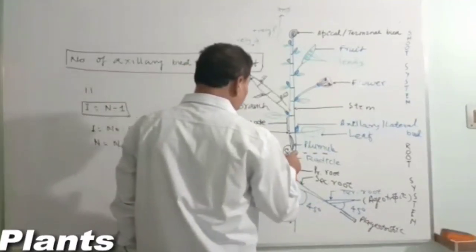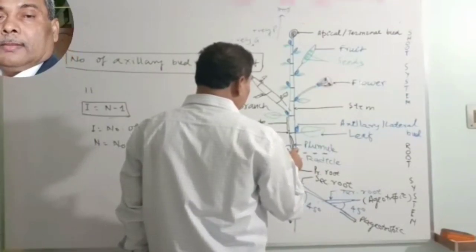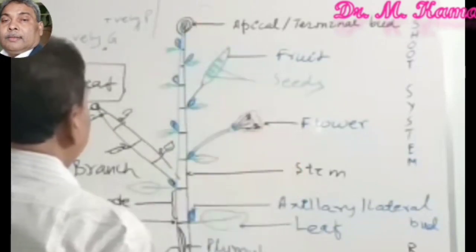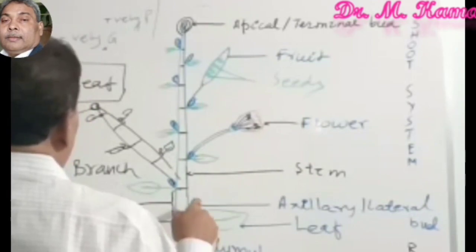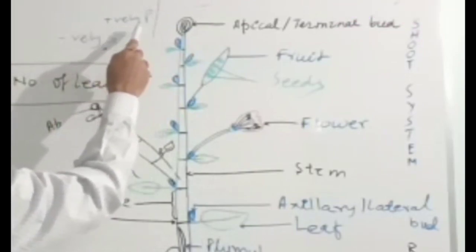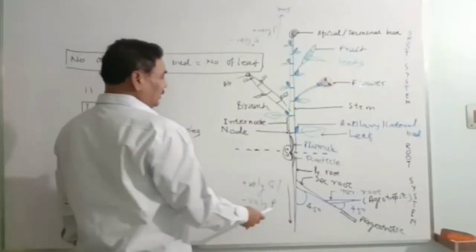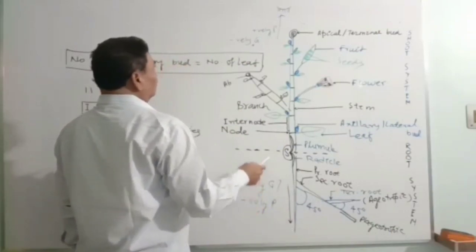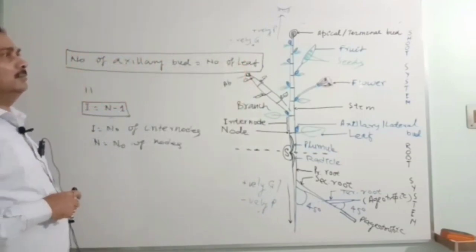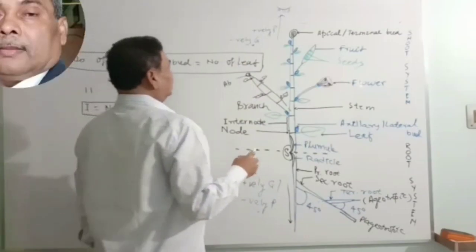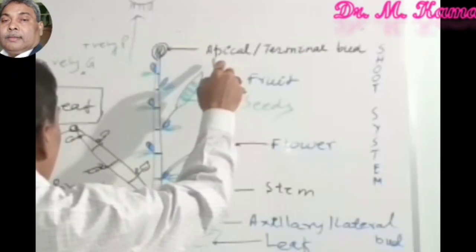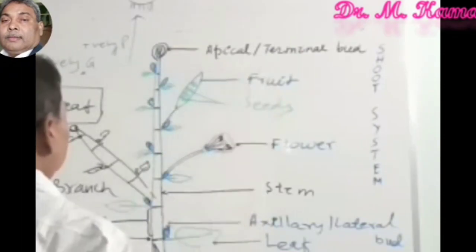Now please come to the plumule. The direct elongation of plumule is called stem. Since it grows upwardly towards sunlight, so its mode of growth is called positively phototropic. As it flees away from center of earth, so its mode of growth is also said to be negatively geotropic. A stem is terminated and protected by an apical bud or a terminal bud.